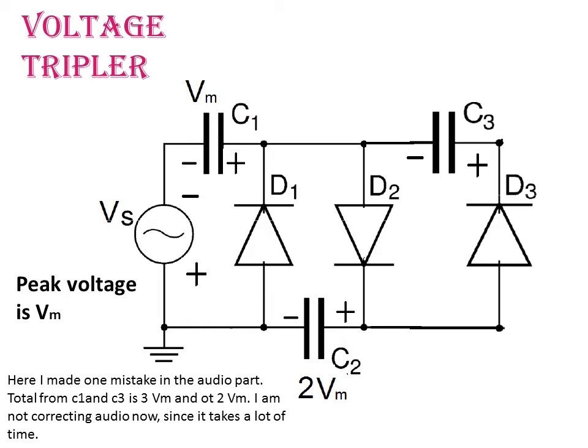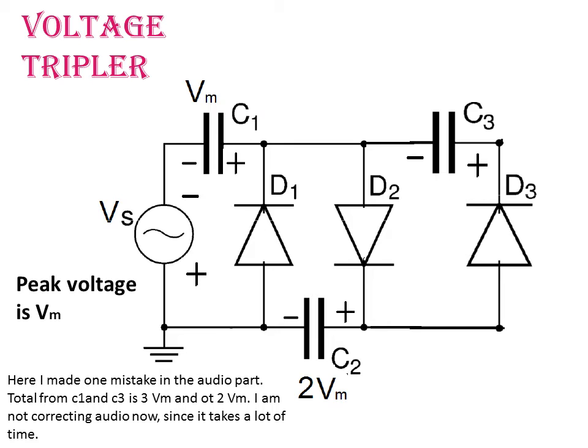So we don't consider C1 and Vs because of the maximum potential Vm available from Vs and the potential across C1, they will be getting cancelled. So the net voltage available from a combination of Vs and C1 is 0, but we have got C2 across which the voltage is 2 Vm, and if you examine C2, that is actually forward biasing D3, so it is actually C2 which is acting as a battery source in order to charge capacitor C3.